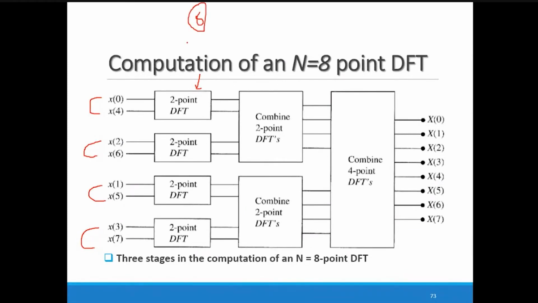To obtain the 8 point DFT using these 2 point DFTs, you require different levels, not stages but levels. After whatever answer you are getting from the 2 point DFTs, you have to combine them. So now this is nothing but the 4 point DFT. Whatever output you are getting from these 4 point DFTs, you have to combine it to obtain the 8 point DFT, which is in the normal sequence x0, x1, x2, x3, x4, x5, x6, and x7. Are all of you getting this diagram, or having any query, please let me know.